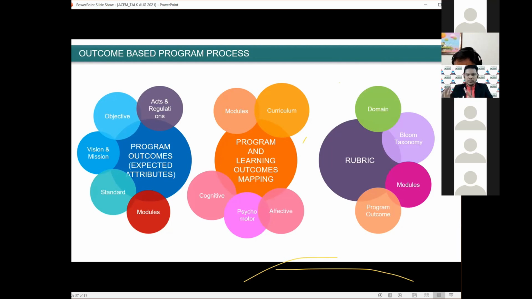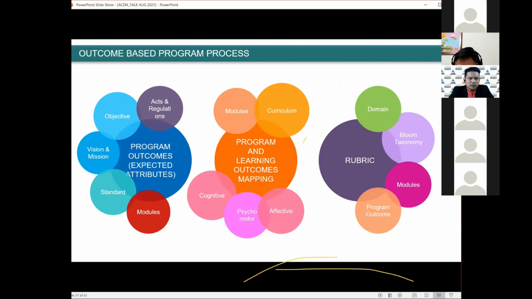So in terms of getting that competency outcome from these expected attributes, you will be assessed through the programs. So these are the bubbles, very important.